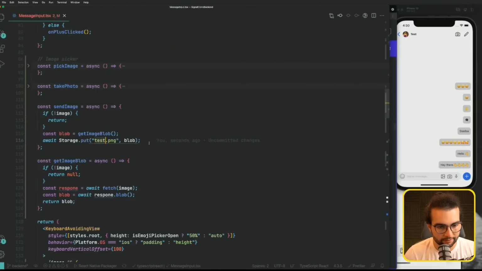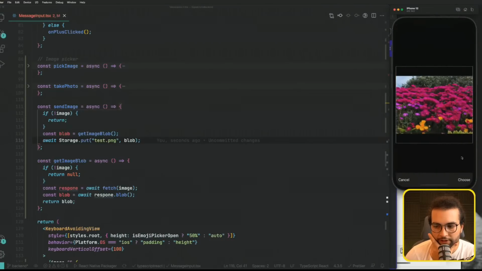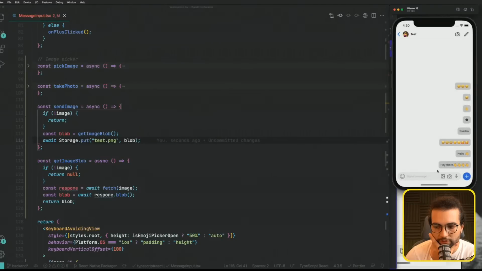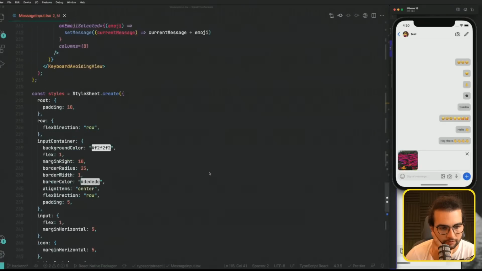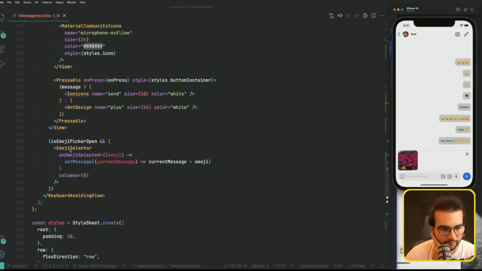Storage put test.png. Will it work? I don't know. Let's try. I'm going to select an image, choose. It's here. Now if I press on this icon, but this icon should, where is the icon? This button